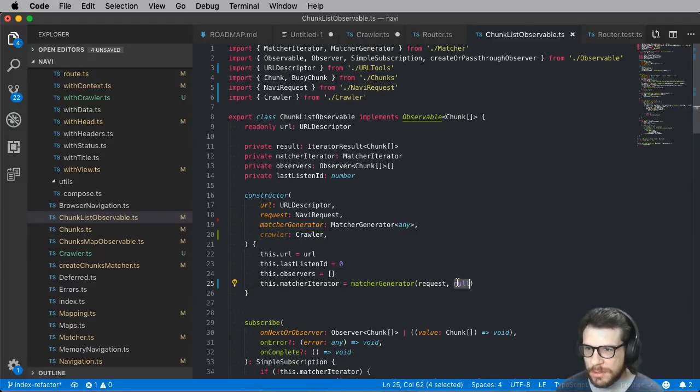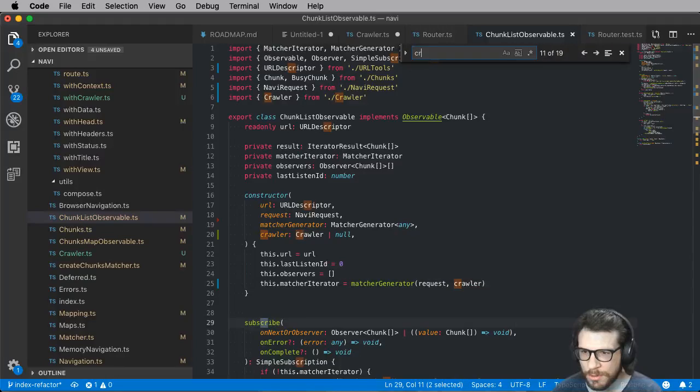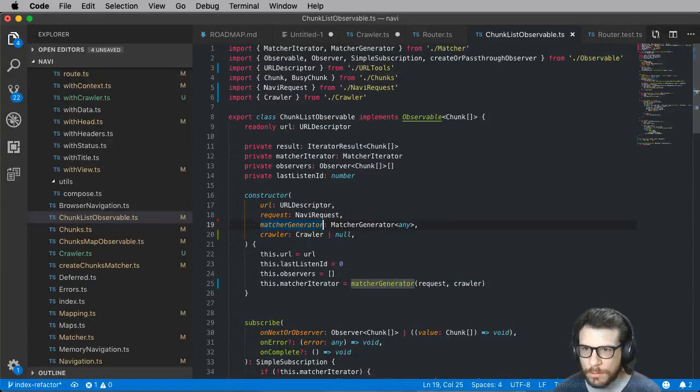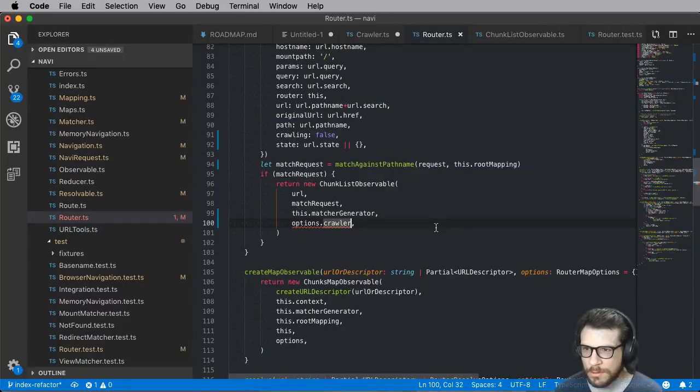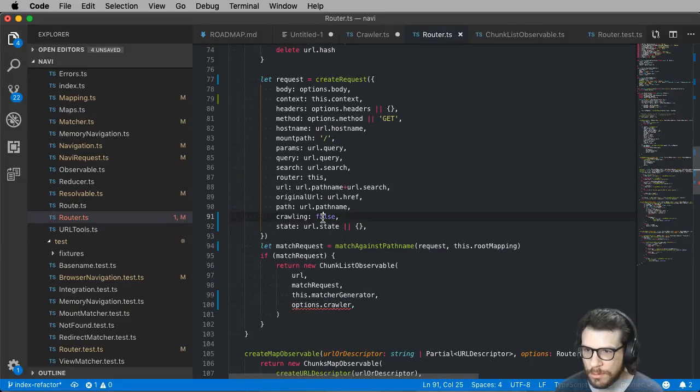It passes it in if it exists. It takes a crawler or null actually, and if it exists, or even if it doesn't exist, it passes it into matcher generator, which I hope I only call once, because I'm just creating that generator. Yep, all good. So this could be crawling is false unless options.crawler is